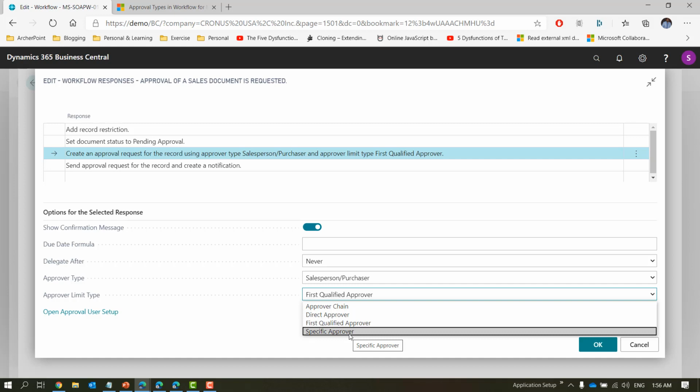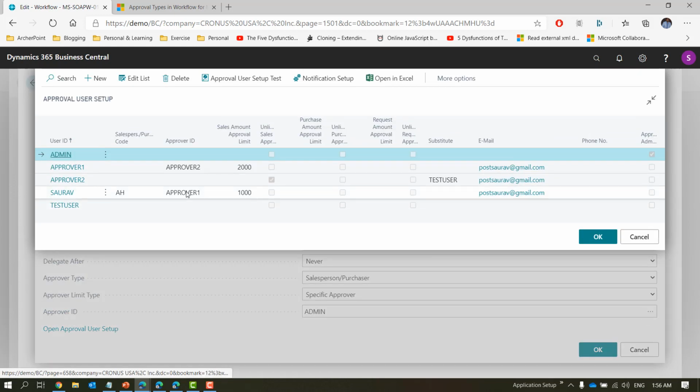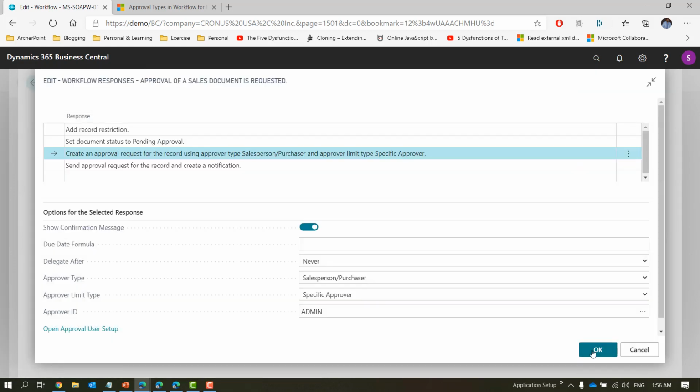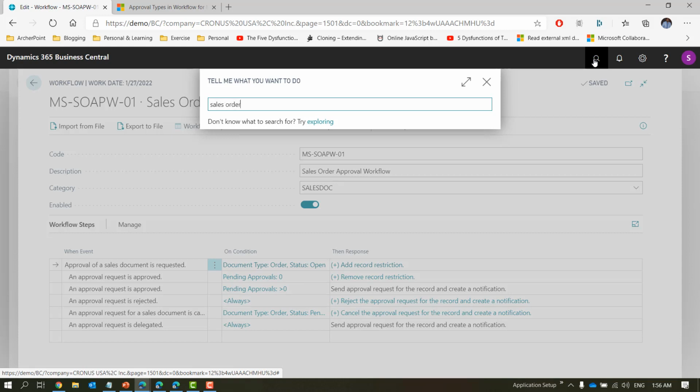Now in a specific approver, you will be prompted to choose that specific user ID to whom you want to send it. It doesn't respect the approval user setup because it will go directly to that particular user. It doesn't check for hierarchy, limit or anything. It will ask for that specific user that you want to approve from, let's say admin, a new user out of our approval chain, and click OK, enable,